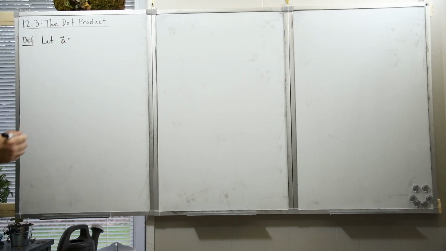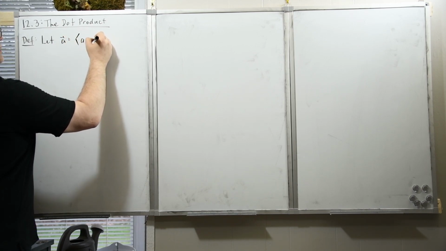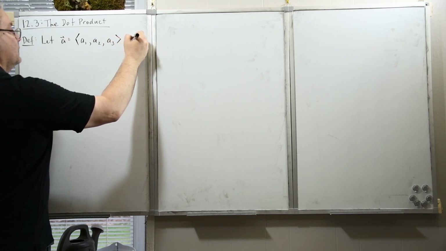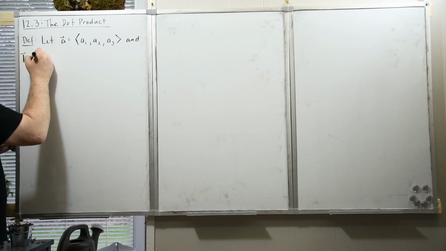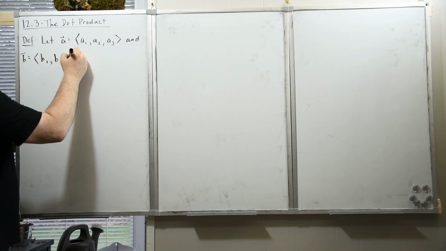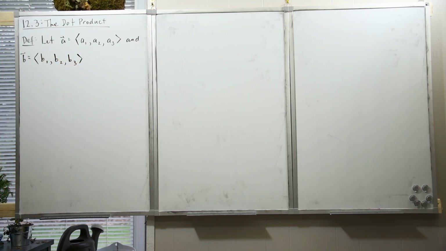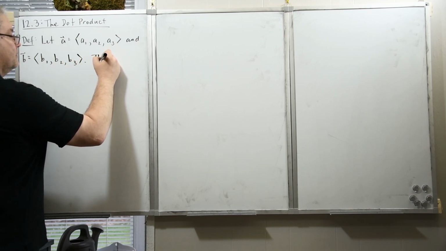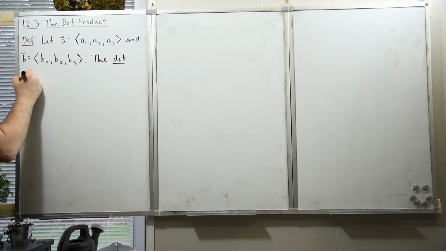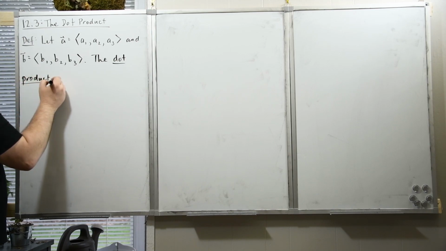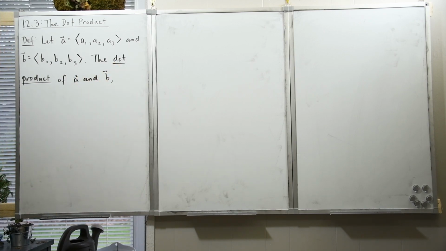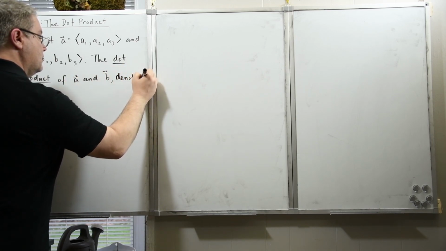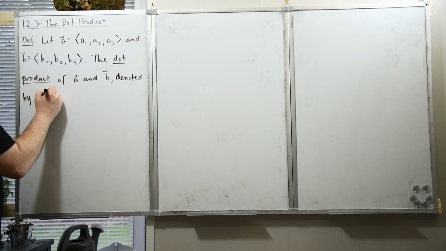We're going to let A be a vector in three-dimensional space, and it'll have components A1, A2, and A3. And we're going to let B also be a vector in three-dimensional space, and its components will be B1, B2, and B3. Then the dot product of A and B, which is denoted by A dot B,